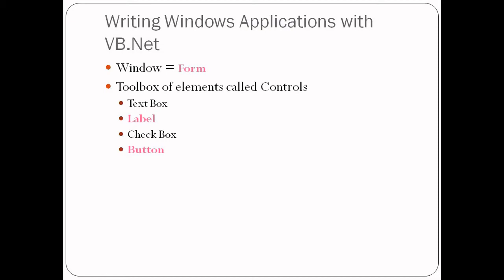VB.NET has something called a form. It includes a text box where we can write any text. A label is used to display a label. We all know what the meaning of label is. We then have a checkbox, we have something called a button, etc. These are called controls. These are the tools which are used in designing, which are used to design interfaces. Based on this, we'll have to write the programs or the commands.